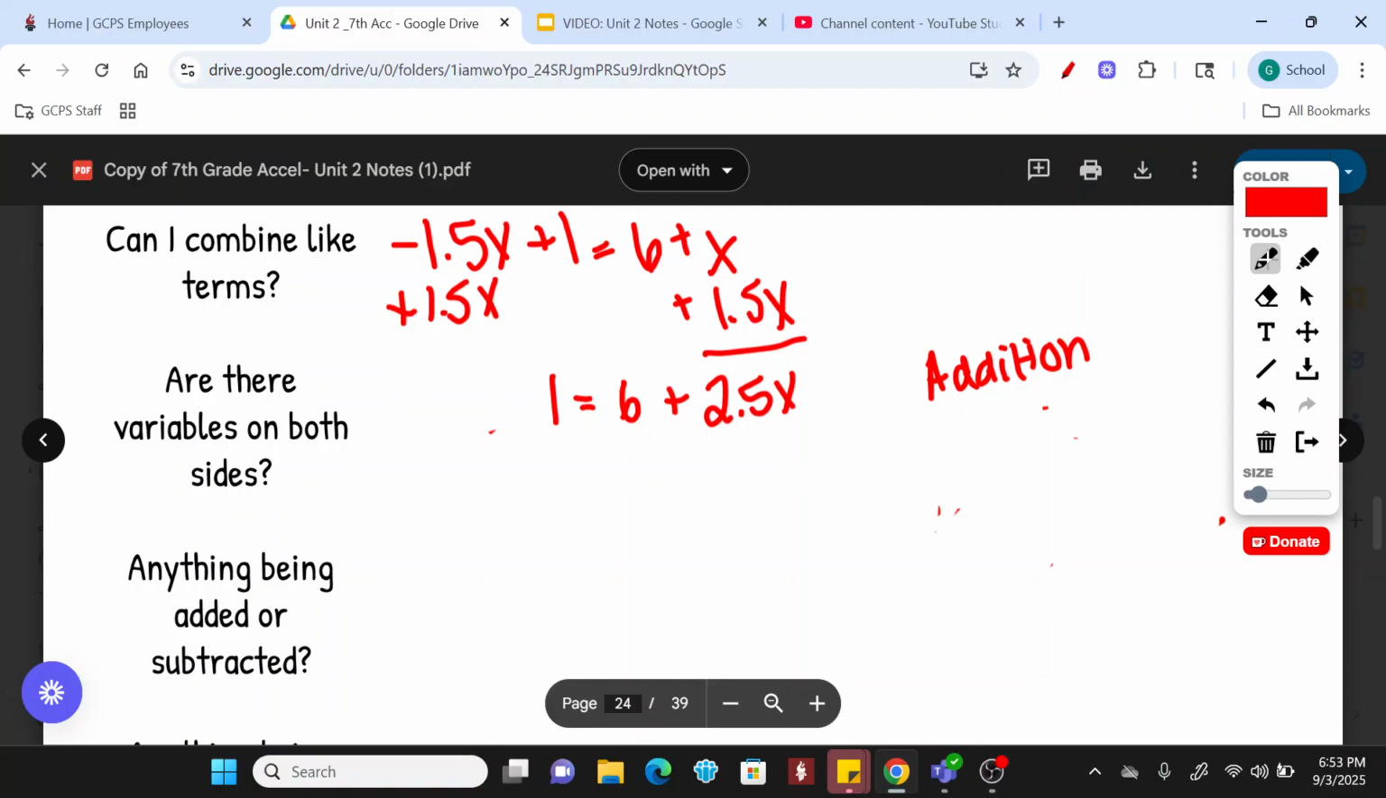Okay, so now, is there anything being added and subtracted? Yes. This 6 is being added to my coefficient. This is my constant. Again, I need to do the opposite, and this is a positive 6, so negative 6 to both sides. Cancels, we get